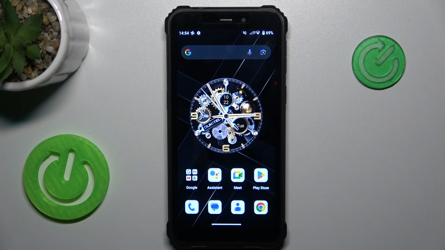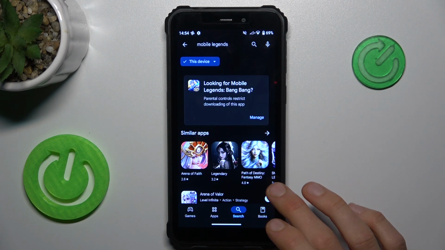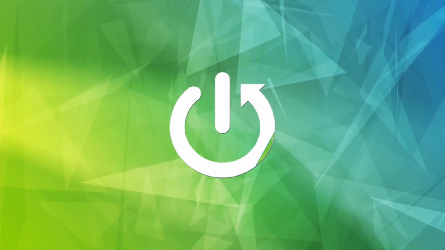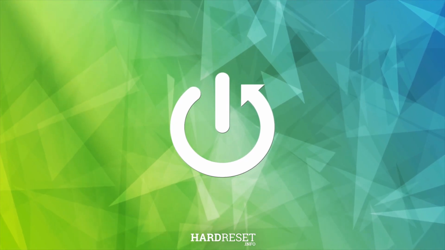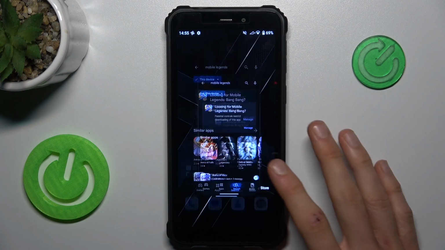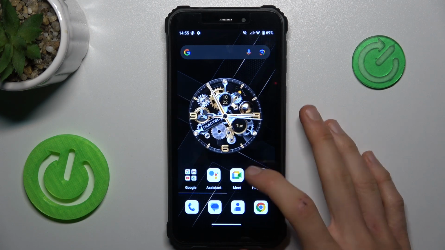Hi, today I have OUKITEL G2 and I want to show you how to fix the problem when your game or application are not visible on your Google Play Store, as in my situation. If you have the same problem as mine, go back to the main menu and open your